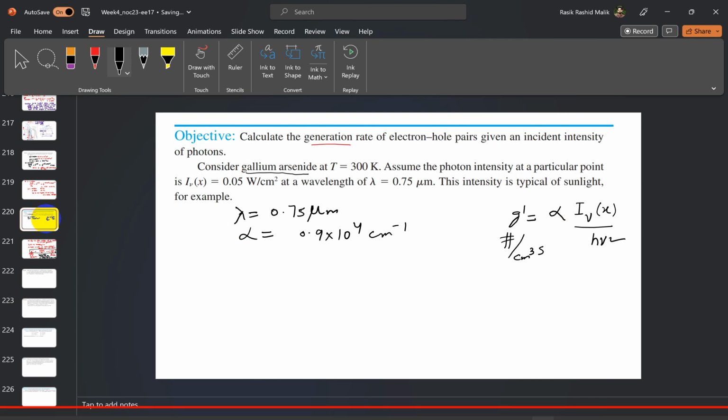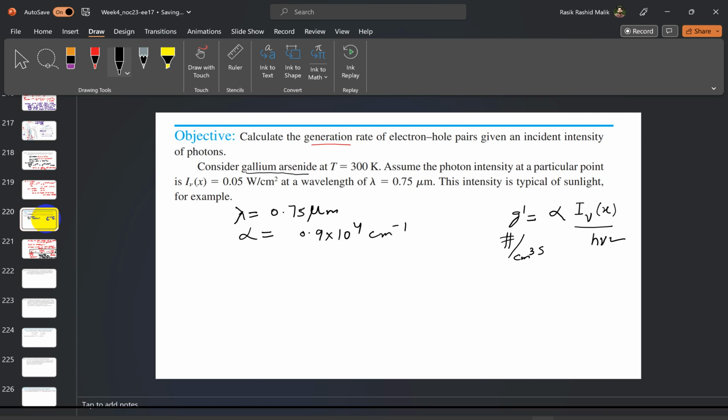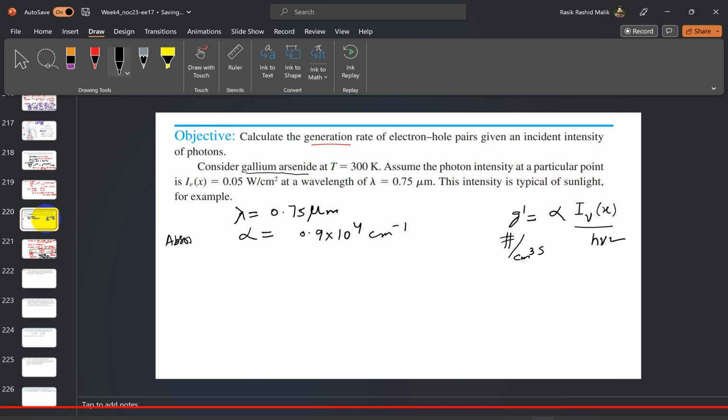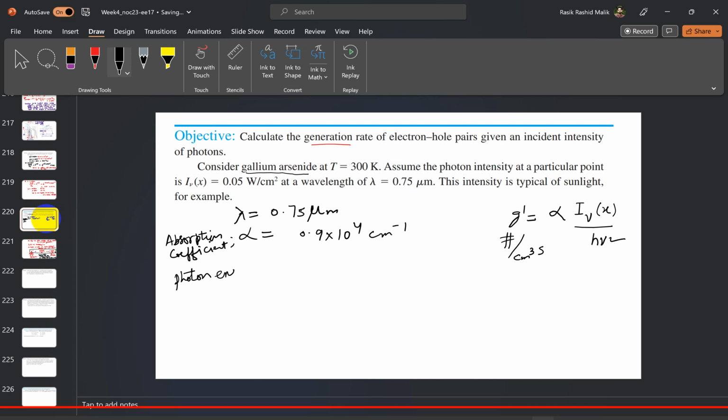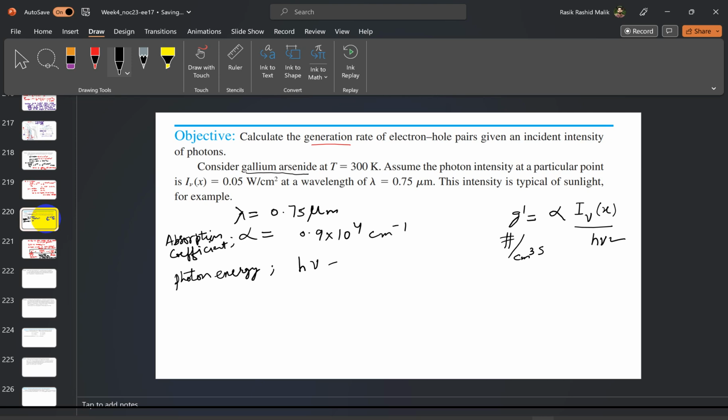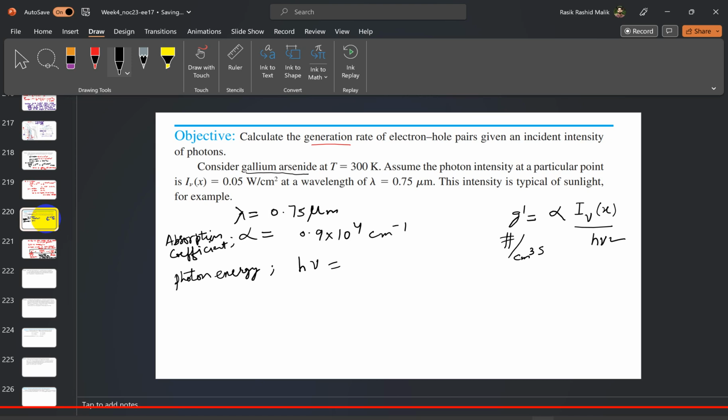So this is the first thing that will be required, and we have to calculate h nu, because lambda is given, and we have to calculate the energy of the photon. So this is the absorption coefficient. Now we will calculate the photon energy. So the photon energy is simply h nu, and we first derive the expression for the photon energy